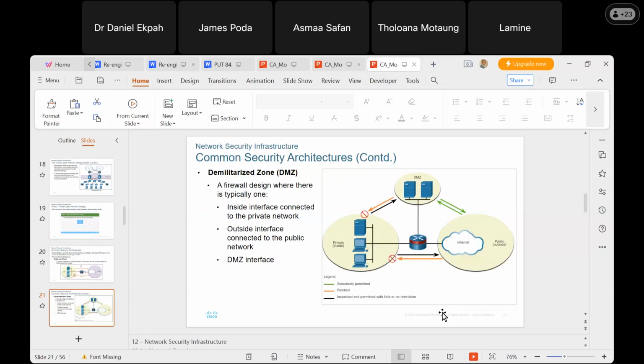So this is 1, and then 2, the demilitarized zone. In this case, it's still like a switch that you have to configure for this purpose. So a firewall design where there is typically one inside interface connected to the private network, and then an outside interface connected to the public network. So you have one to the private, and then you have one to the public. And then you have the DMZ interface, which now connects